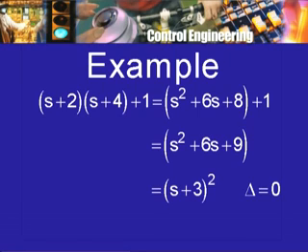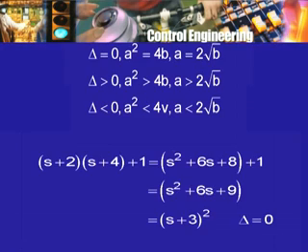So now what will happen if this number is not 1? It is not difficult to see that if the number is less than 1, then one thing will happen. If the number is greater than 1, then another thing will happen. If the number is less than 1, then in the discriminant a square minus 4b, the b is smaller, so a square minus 4b will be positive. So if to this I add a positive number less than 1, then I will get real distinct roots, whereas if I add a number greater than 1, I will get complex distinct roots, whereas if I add just 1, I will get roots which are coincident.